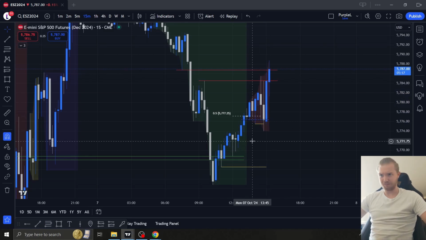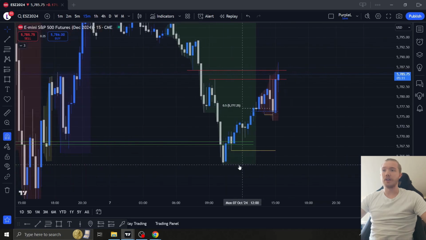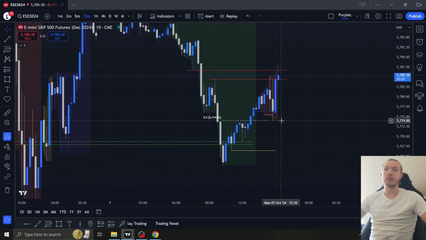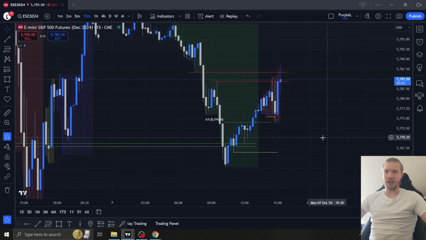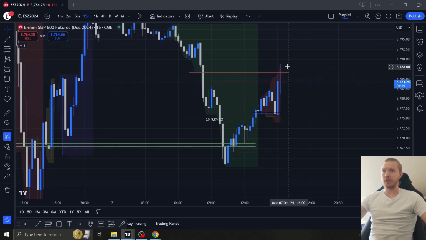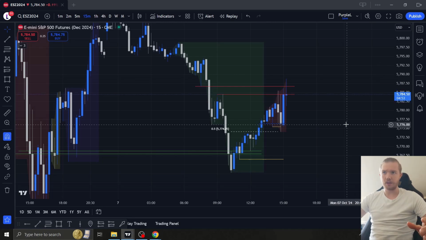So all of a sudden, you're not picking out the low, you're waiting for the low to be put in, which is, you know, possibly even the London low down here, for example. I don't know if it was a 50% retracement. Yeah, there you go. So exactly 50% retracement of that London range as well. You're waiting for that London low to be put in, moved away, and then you get a retracement to then play it higher. So really, it just matters what perspective you're looking at this from.